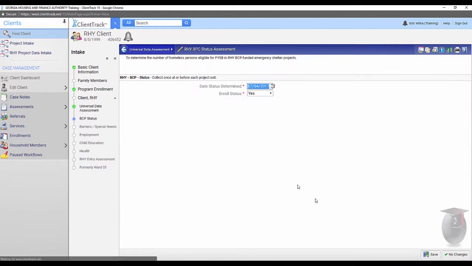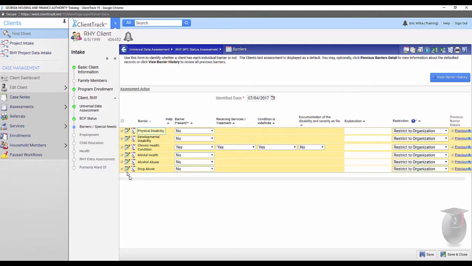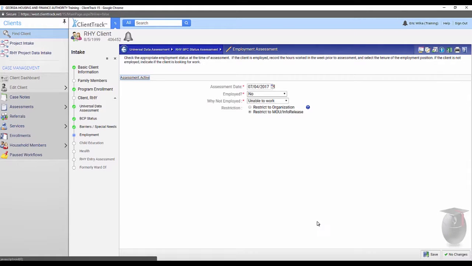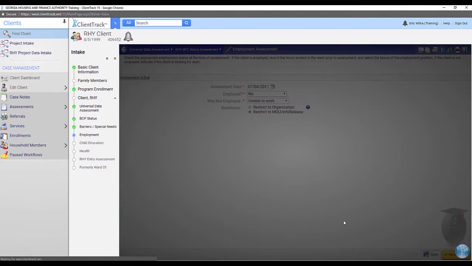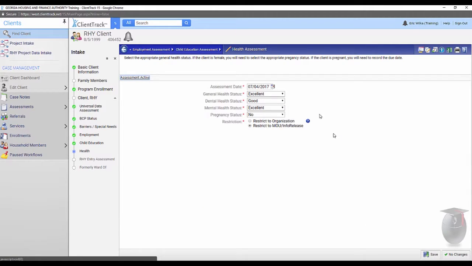Universal data, nothing new there. You have the BCP status, whether or not they enrolled. For barriers, you'll have actually one fewer, so that's why, again, you want to make sure to check RRH project entry. The employment assessment is something else that's specific to RRH. You'll have your education assessment, health assessment,